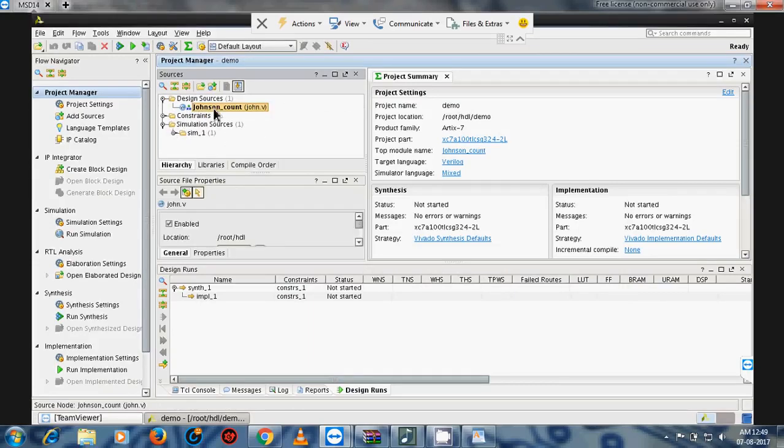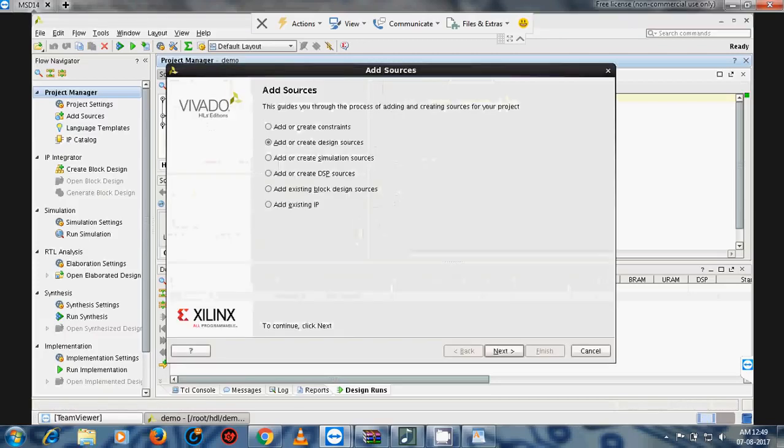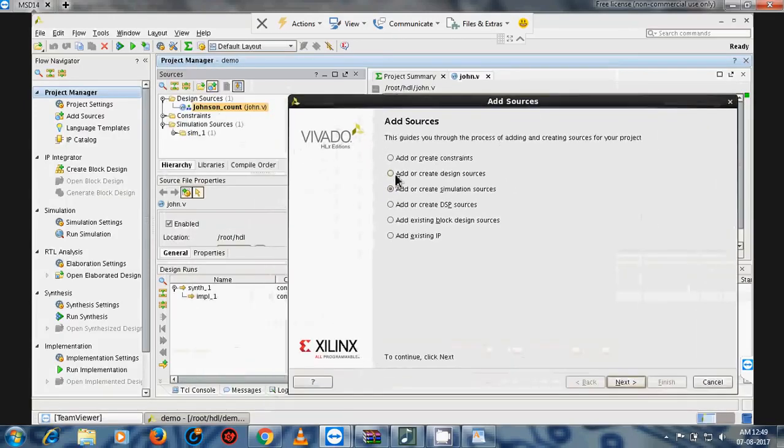Then when you click on this file, the code is automatically shown here. So this is the code of the Johnson counter, and if you want to add a test bench, go to add source and click on simulation, add or create simulation source. Okay, if you tick add or create design source, you can also write the test bench here,